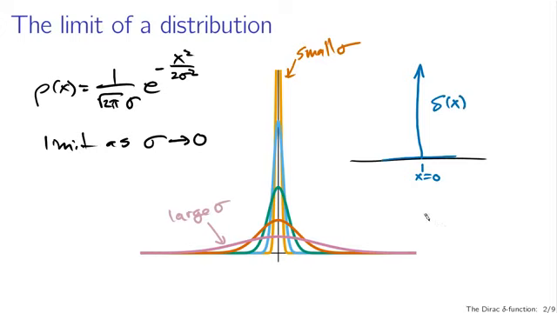You often see delta functions written in terms of more conventional function notation: delta of x is equal to 0 for x not equal to 0, and infinity for x equals 0. But this isn't a sufficiently accurate description because it doesn't tell you this property that the delta function is the limit of a distribution. It has a specified integral. So you always have to add an extra condition here for something like, for instance, the integral from